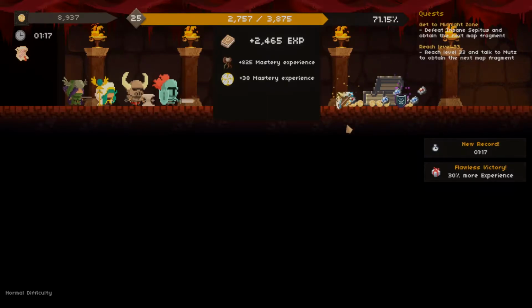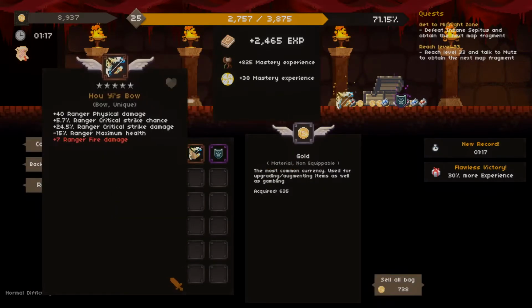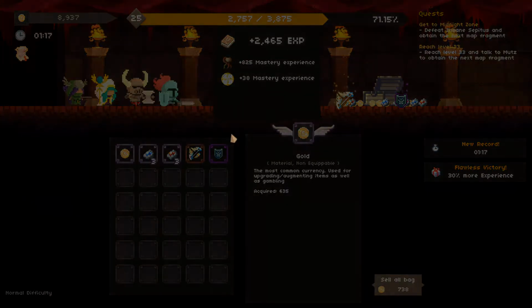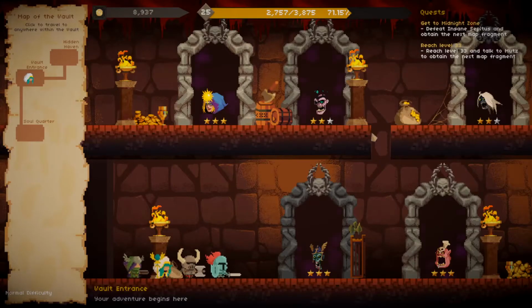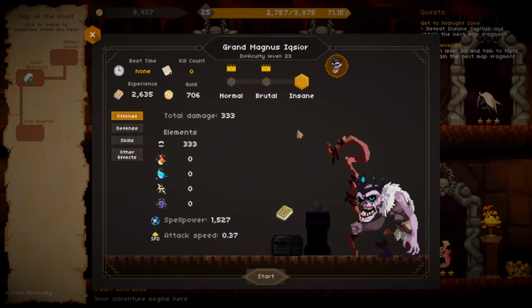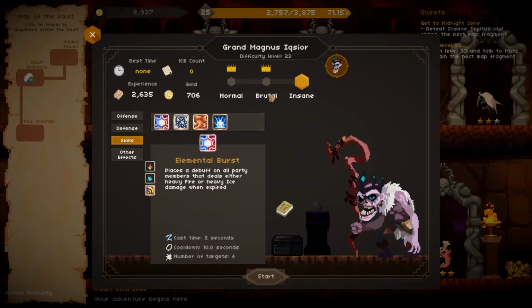I think we already have this bow. I think that was a bow I displayed at the start. No, it's a different bow. Stone form level. We'll keep that. Don't know what it does, but we'll keep it. I want to keep these obscure items so that I can research them and look into them and see what kind of thing they'd be working with. Okay, so now we've got...